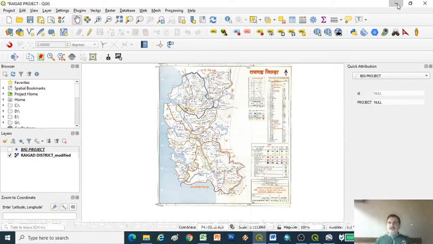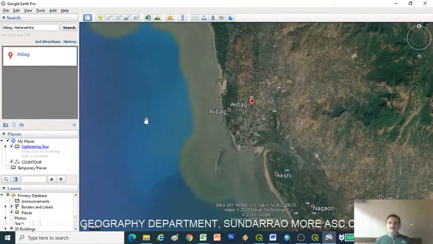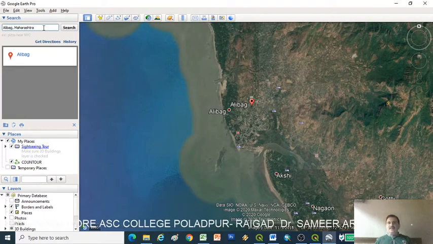For that, just open Google Earth. Now I want to show Alibag, my research area, by a point. So I type Alibag here and click OK.